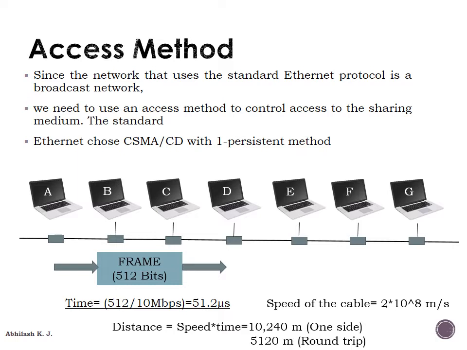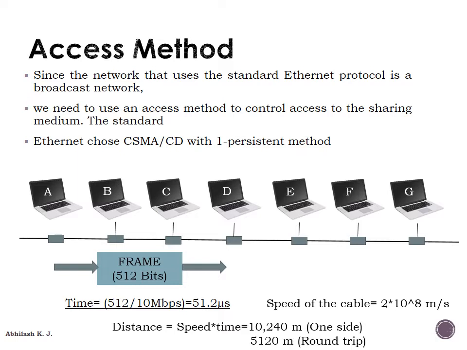In that case, the same frame is resent. So the K value was initially 0 according to CSMA/CD. Now the K value will be incremented by 1. K is nothing but the number of attempts. So if K reaches the maximum value, that is 15, and the medium is again busy, it will abort its transmission of the frame and try after some particular duration. If K is less than 15, it will wait for a back off period, that is TB, according to CSMA/CD, and it will restart the process.